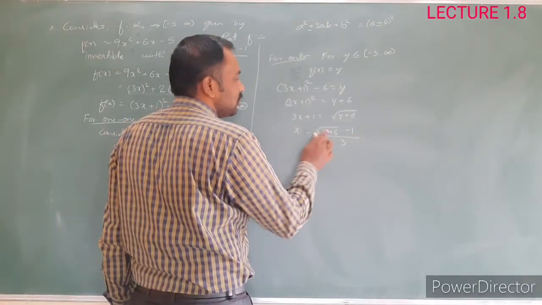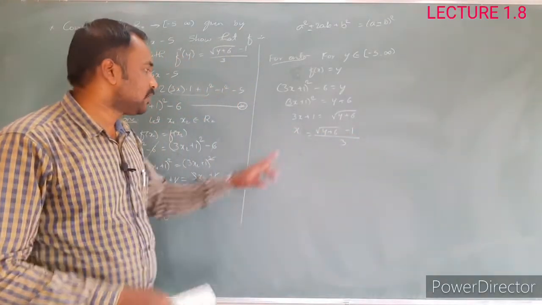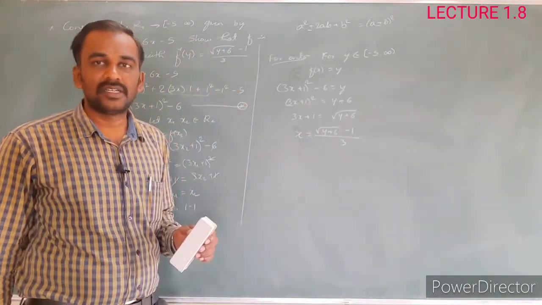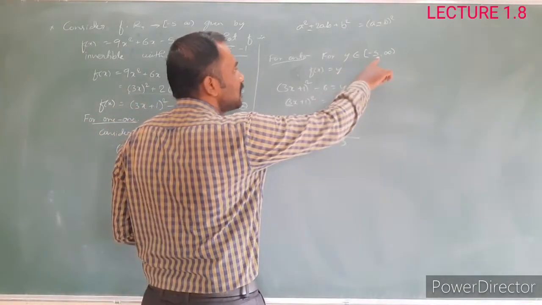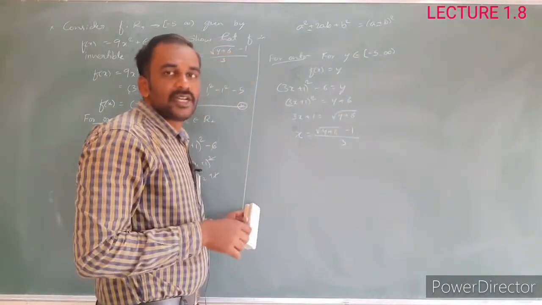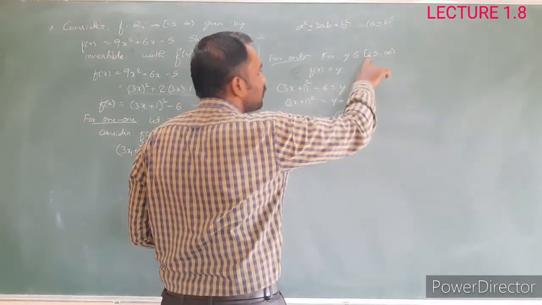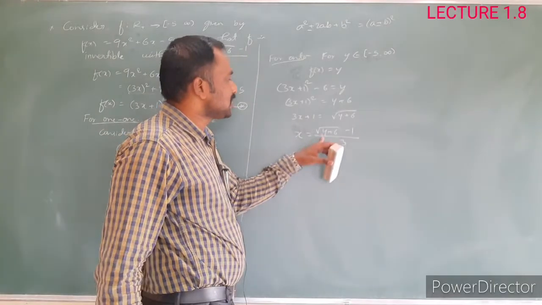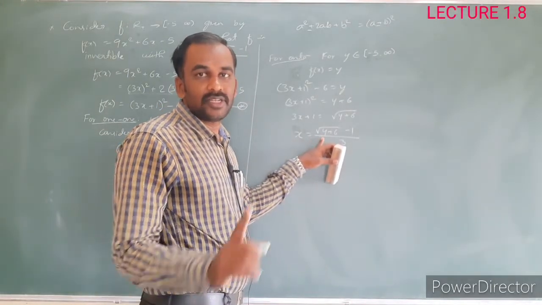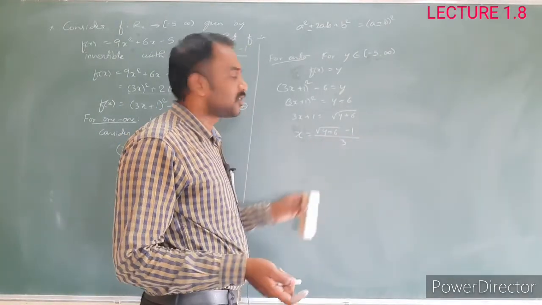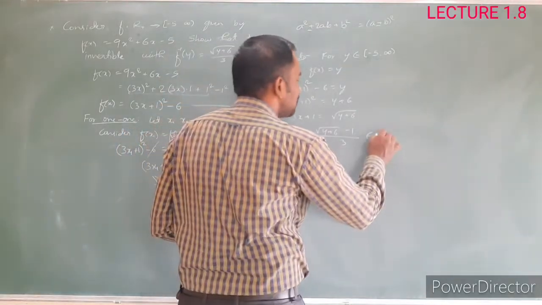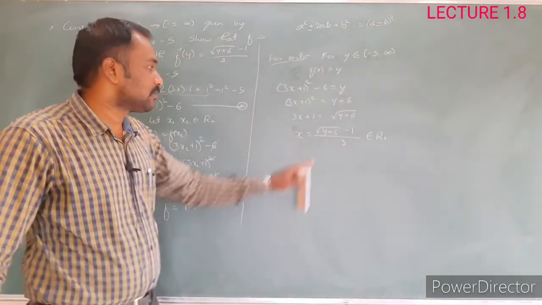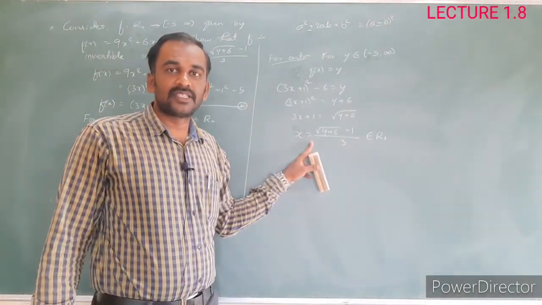Now here we need to check whether this x is present in the domain set or not. For y any element from minus 5 to infinity, replace it. Minus 5 is included, the minimum value in this interval. If I replace y with minus 5, the root of 1 is 1, 1 minus 1 is 0, and 0 divided by 3 is 0. Yes, obviously it is present in the positive real numbers. For values more than this, obviously it is present, because under the square root we will get a positive value.